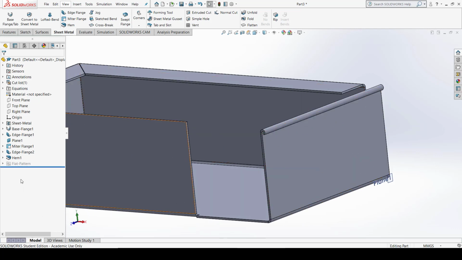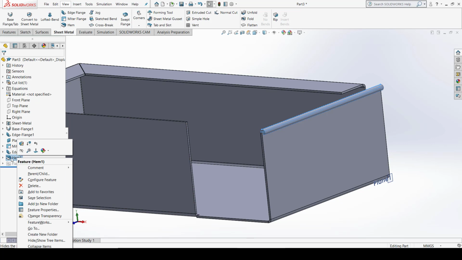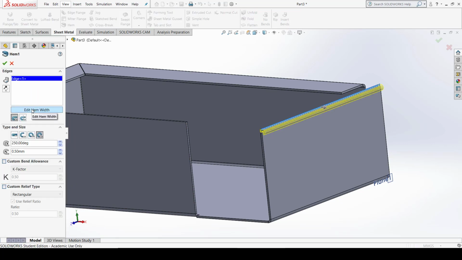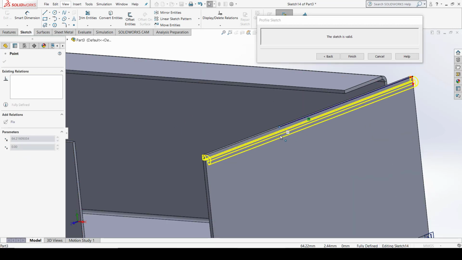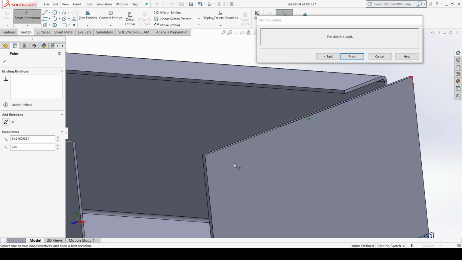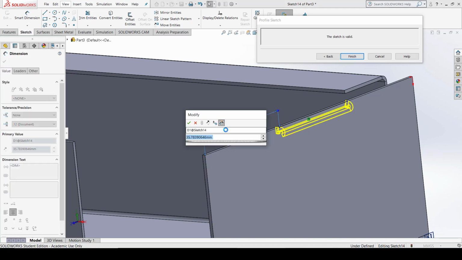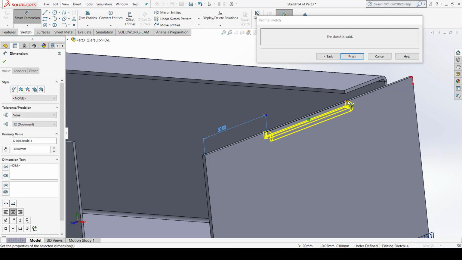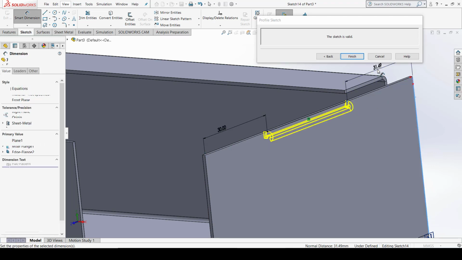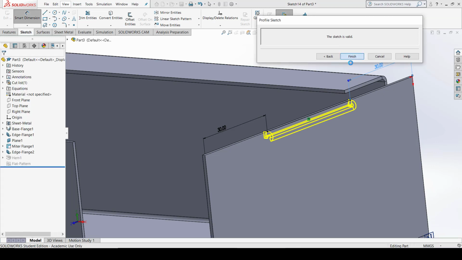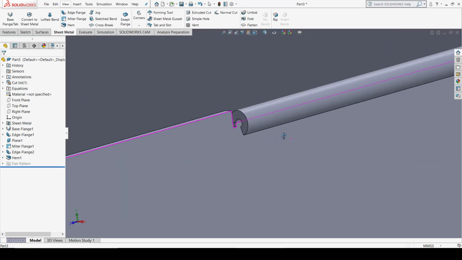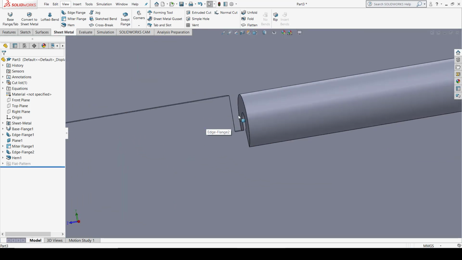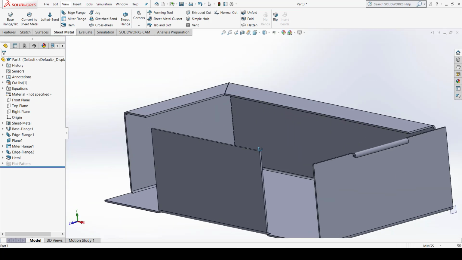Okay, you can edit the hem also. Just right click on this, go to edit feature, and you can edit the hem width. So it is very similar to that of edge editing. So just select the amount you want, smart dimensions, give certain distances, and it should be 30. Again, from this point to this edge, it should be 30, enter, just click finish here. You can see now here the relief is rectangular, that's why it appears rectangular always, or at all the points. Okay, so this is how you can define the hem.